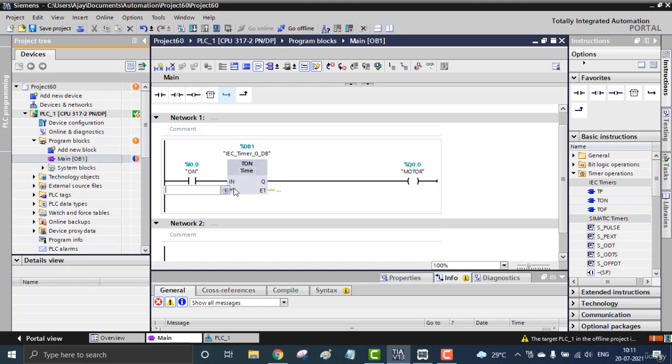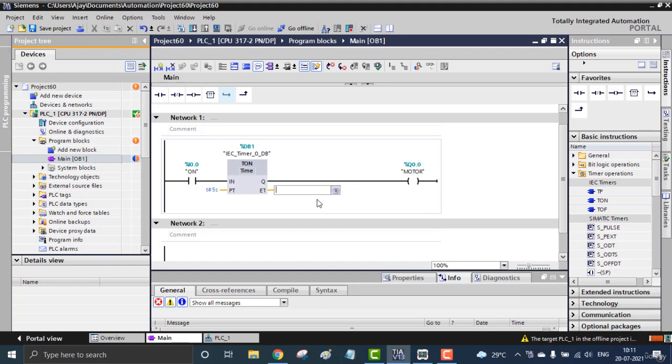The preset time will be T#5 seconds. The syntax will be T#5S. This is how we provide it in the Simatic S5 timer, S5T#5 seconds. We can simply give the value as 5S. In the IEC or standard timers, which are applicable for almost every PLC, it will be T#5 seconds. And the ET will be the elapsed time, and for storing or displaying that value, we can provide